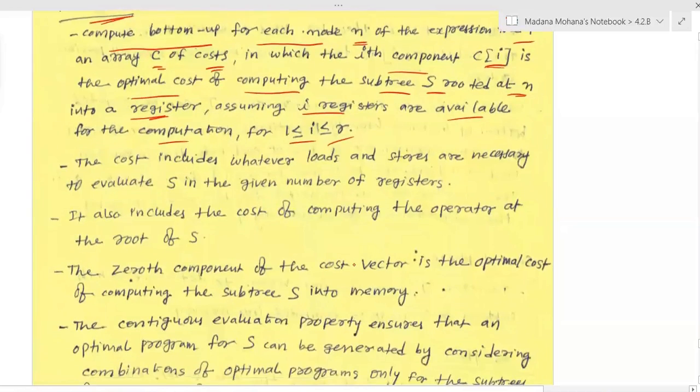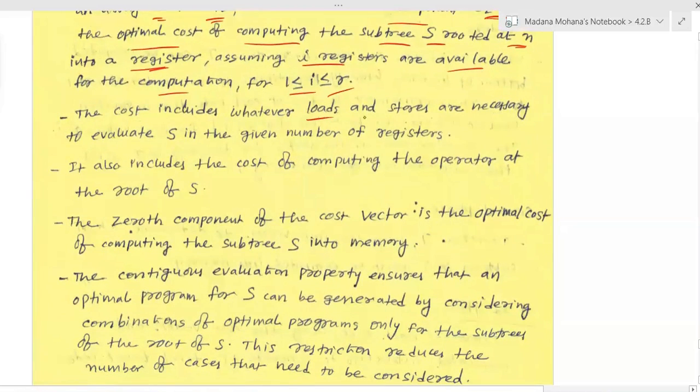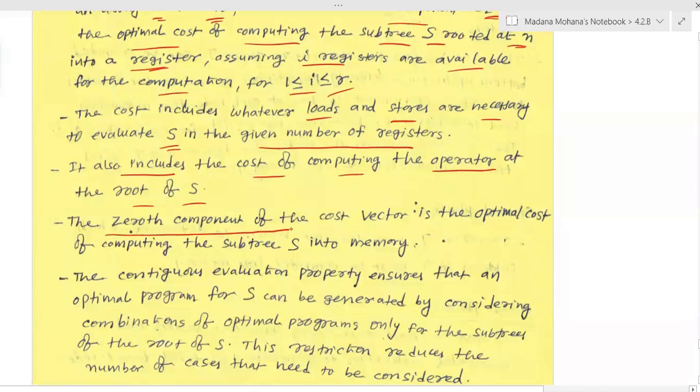Then the cost includes whatever loads and stores are necessary to evaluate S in the given number of registers. It also includes the cost of computing the operator at the root of S. Then the 0th component of the cost vector, indexed with 0, is C of 0. Then with 1 register, C of 1.